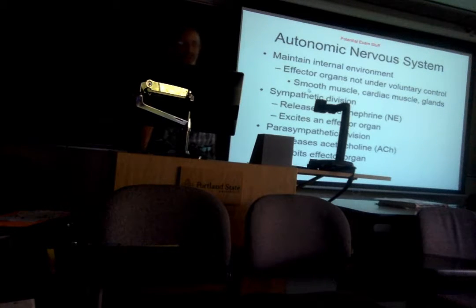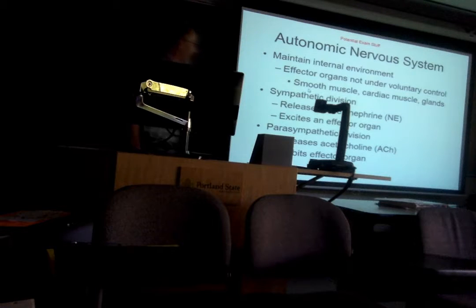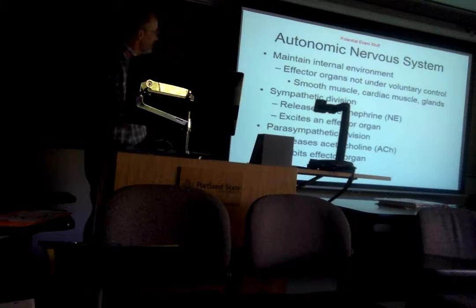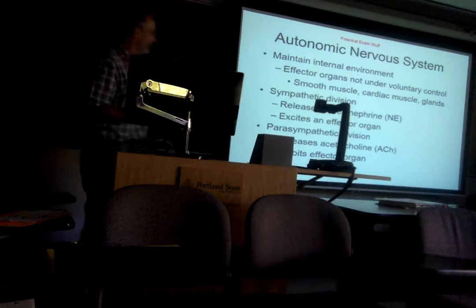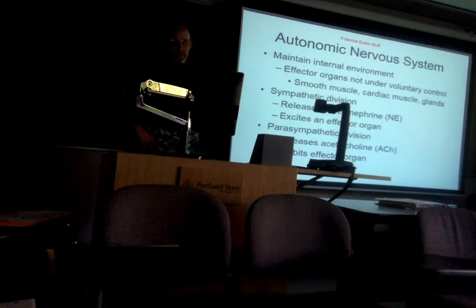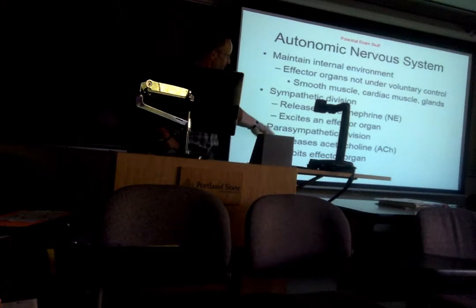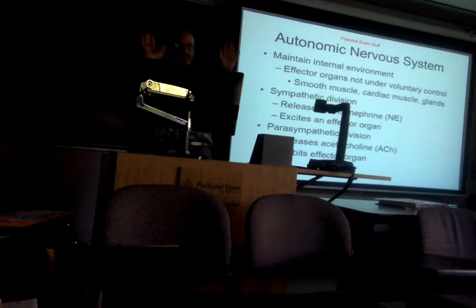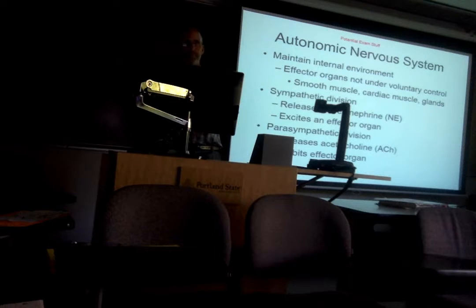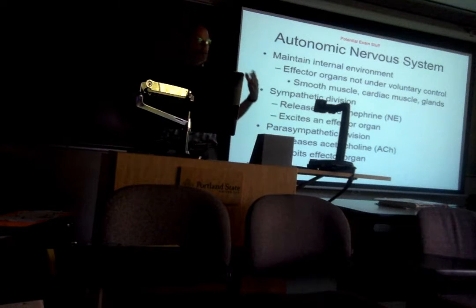So when I see this slide, I say, okay, we've talked about the somatic nervous system, which has an autonomic nervous system, maintaining homeostasis, not under voluntary control. Okay, it's kind of important. Here's what I think is the important stuff: you have sympathetic division, parasympathetic division. And whether or not you remember that there's norepinephrine and acetylcholine, I just want you to appreciate there's sympathetic and parasympathetic. When we talk about exercise, if I say parasympathetic stimulation, I generally want you to think, oh,